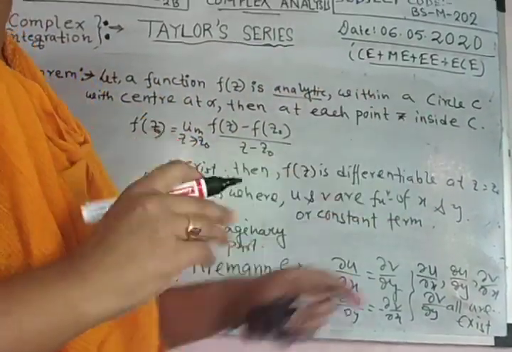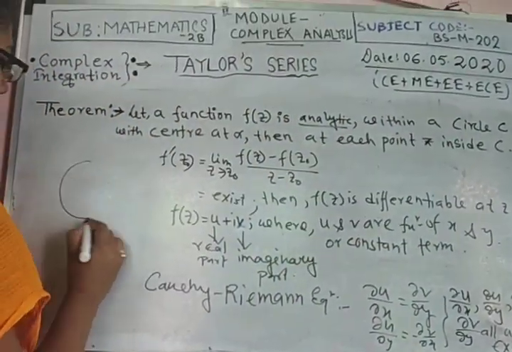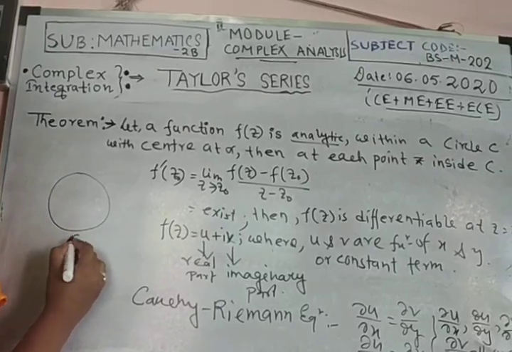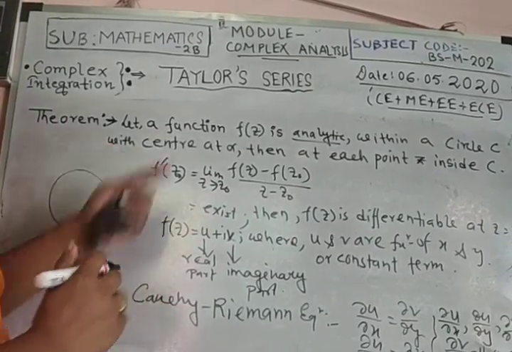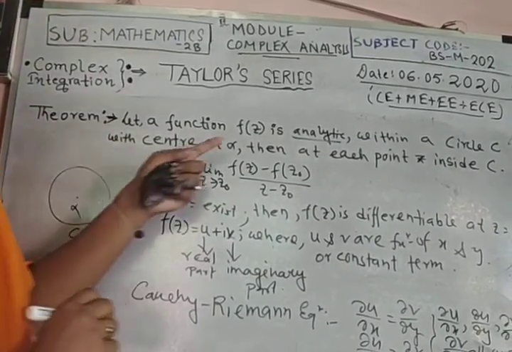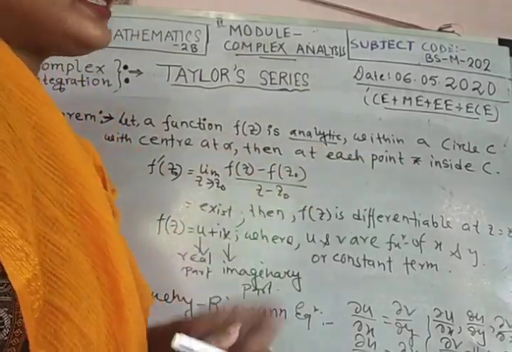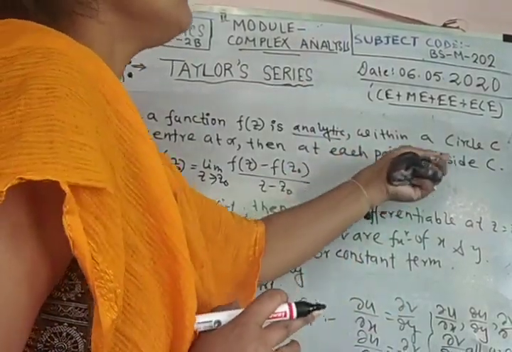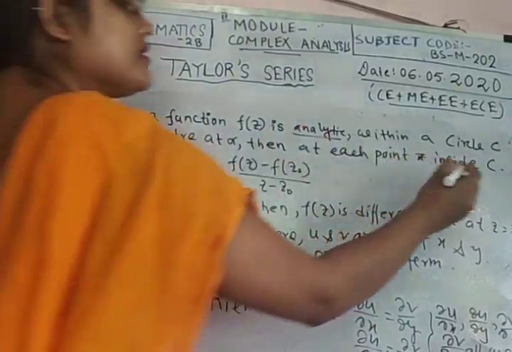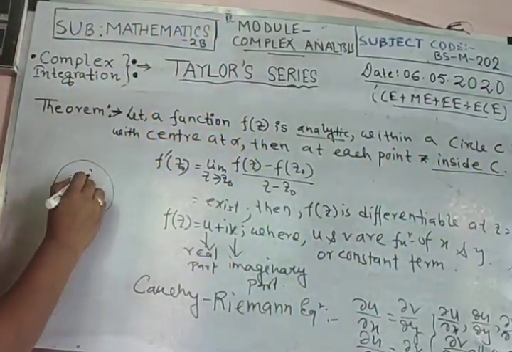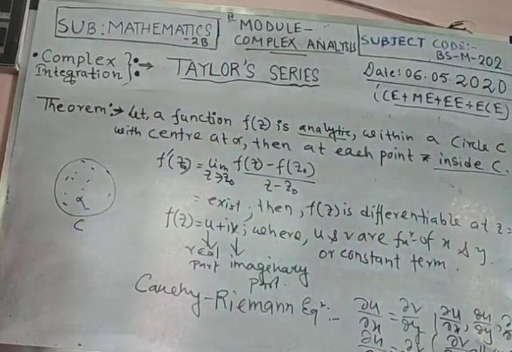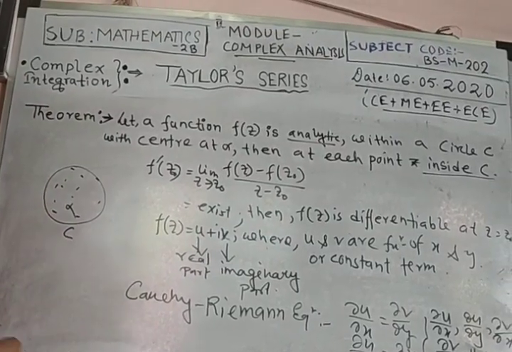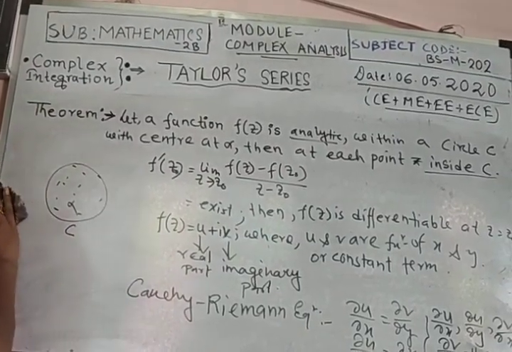Next is within a circle C. Within circle C, this is a closed curve. This is C. It's a circle with center alpha. Suppose this is the alpha. Then at each point z inside. z means it's a complex point. All are inside C. That means all points are interior points, inside C. Okay. So now the formula is